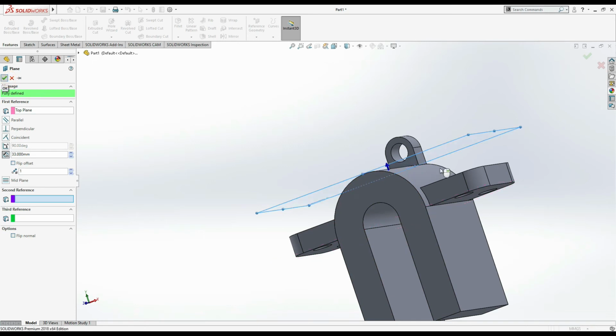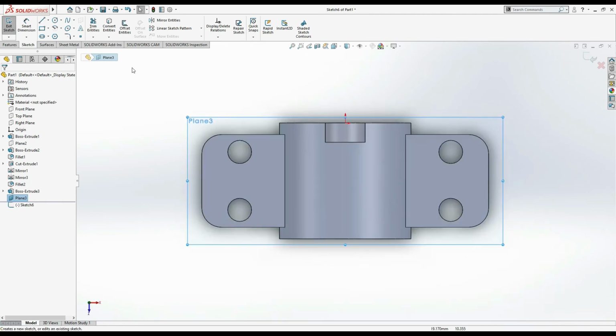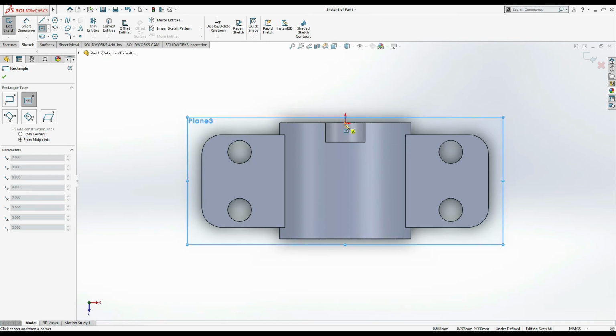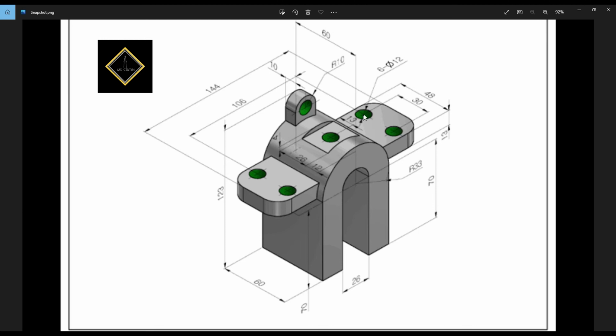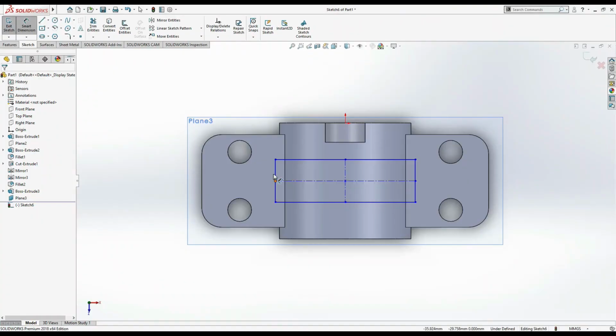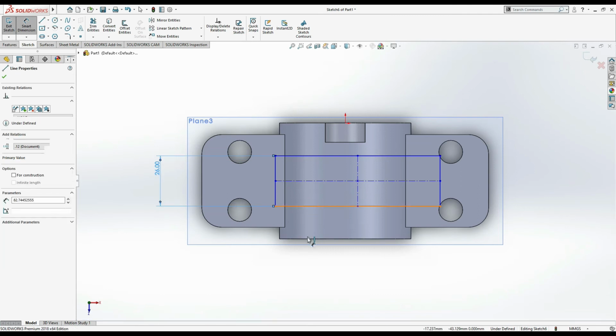Okay, now sketch, Ctrl 8, simply select center rectangle, find the center. Okay, find its center. Now where it's coinciding, make a rectangle. Smart dimension, its dimension here is 26 and here 12. This one is of 26. From here to here is